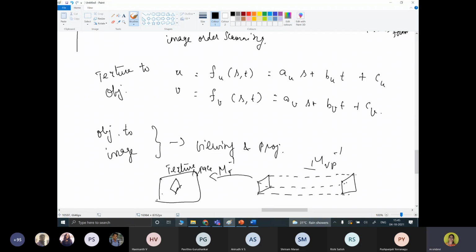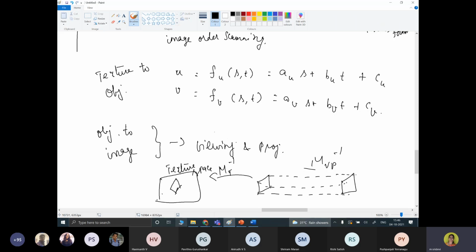So the reverse is commonly used, because in the previous case, when we move from texture to pixel, there may be a problem of matching the pixel with the texture. It is not commonly used because it requires extra calculation. To avoid that extra calculation, the reverse pattern is used.